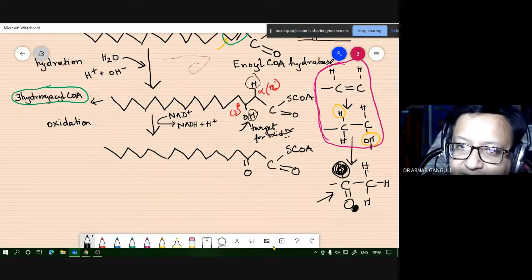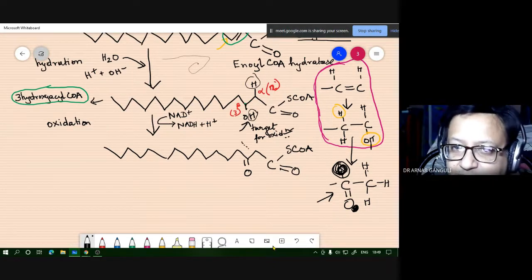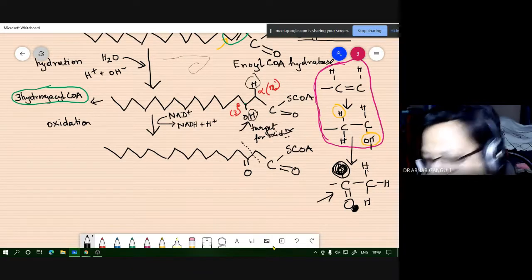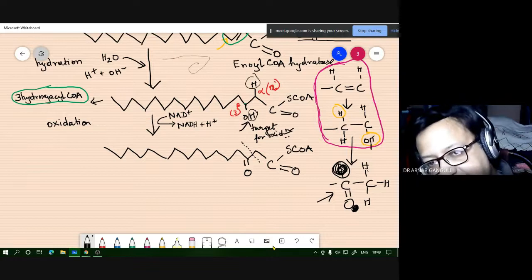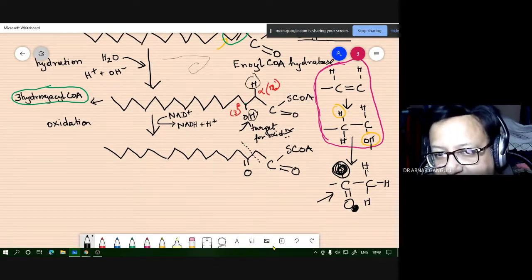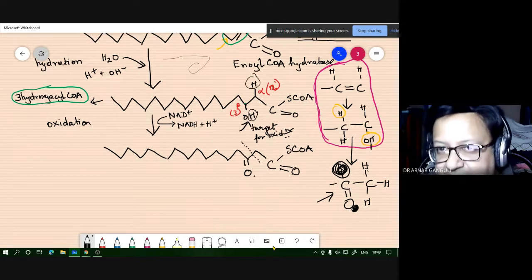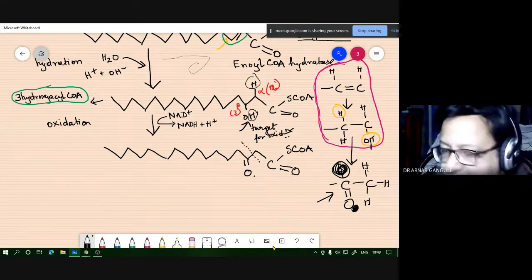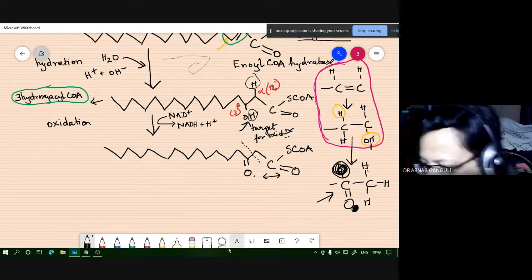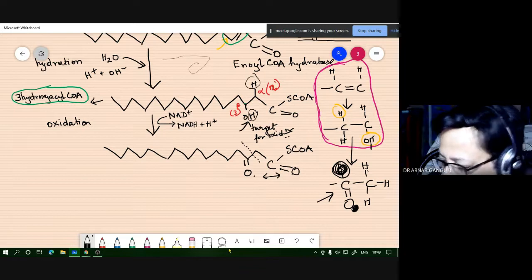Already this bond is under pressure to break. This is under pressure to break. This molecule, because of this negative charge, will repel and try to pull apart. They will try to push each other apart because of the negative charge. So